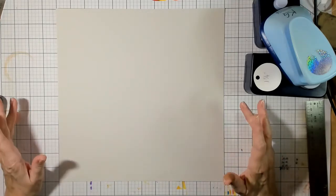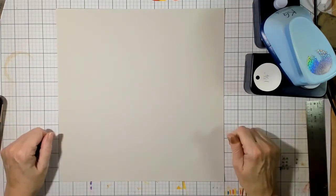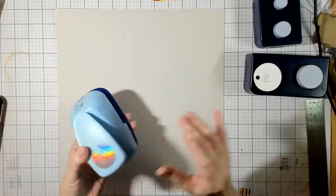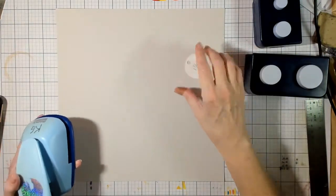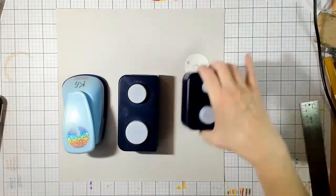working with circles again. This time we're going to be doing a circular layout with circles, and I spent some time prepping for this by making 6 of each size circles. So I had